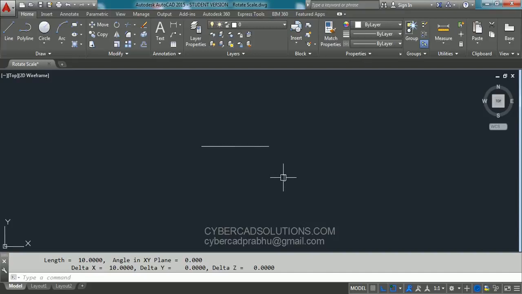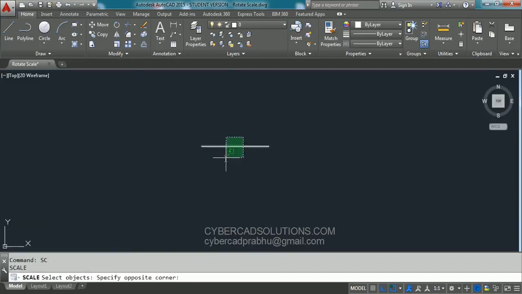But if we have scale factor in fractions, that is, presently it is 10 units and I want to make this say 22.125, what is the scale factor I have to give? We need to calculate the scale factor. Instead of calculating scale factor, we can directly give that to AutoCAD. So let us try that one. Type SC at command prompt and select this line. Press enter to finish the selection, and it is asking to specify base point.